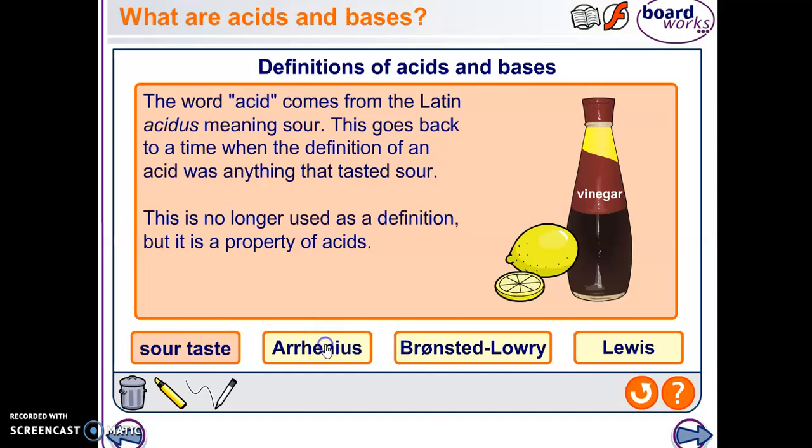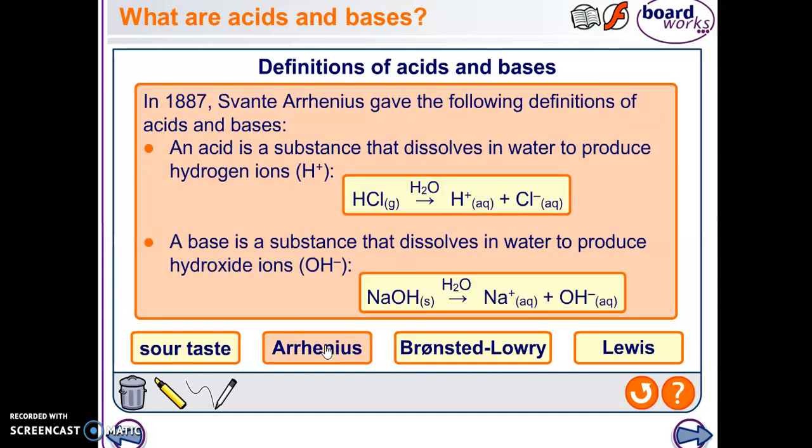Nowadays we are going to change the definitions according to our purpose. For example, if we talk about Arrhenius theory, then according to Arrhenius theory, any acid is a substance which on dissolving in water produces hydrogen ions, meaning protons. So here you can see, when hydrochloric acid, or for example hydrogen chloride, basically it is in gaseous form, but whenever it is dissolved in water, it dissociates. Dissociation means splitting of the ions.